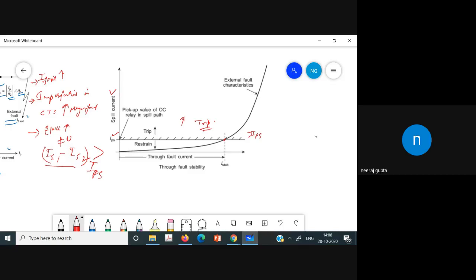This is the imperfect condition, and this causes the relay to operate, disconnecting the equipment under protection from the rest of the system. This is clearly a case of maloperation of the relay, because we have an external fault, and for an external fault we don't want the relay to trip. However, it will trip. These instances are known as loss of stability of the differential scheme. If this happens, then you can say that the differential scheme will lose stability.